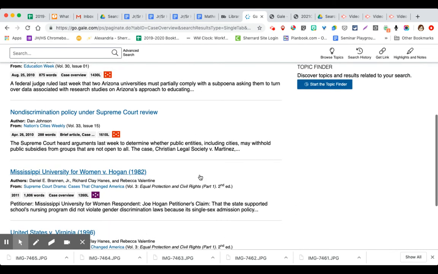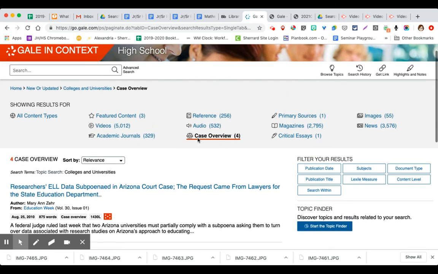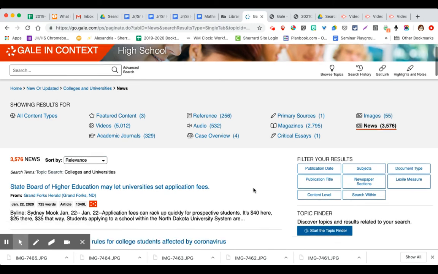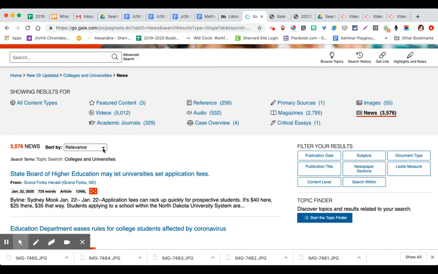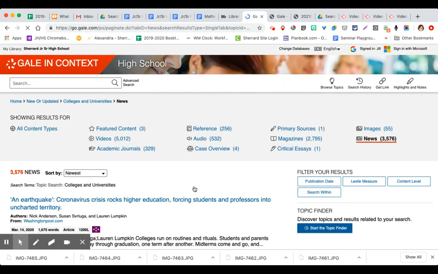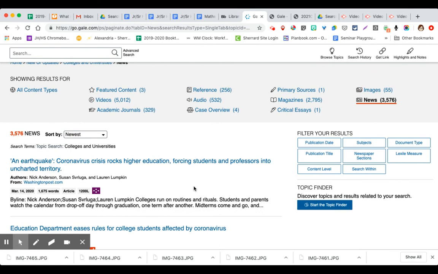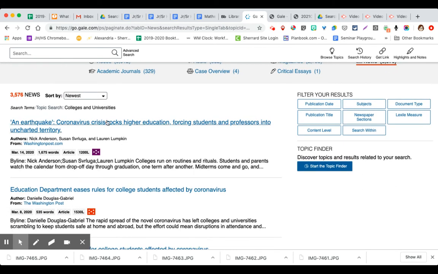Okay, so if you pick a topic, like for instance, if I just go to News, now here you can sort by relevance or by date. I know this is a topic that's just been updated, so I might look for the newest information here. Okay, so if I go to this article